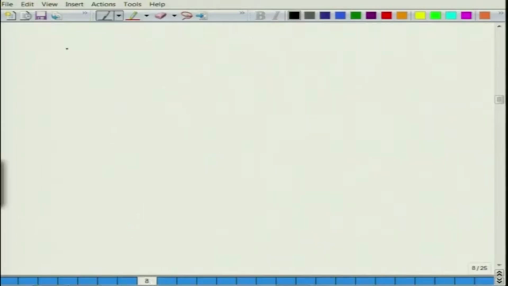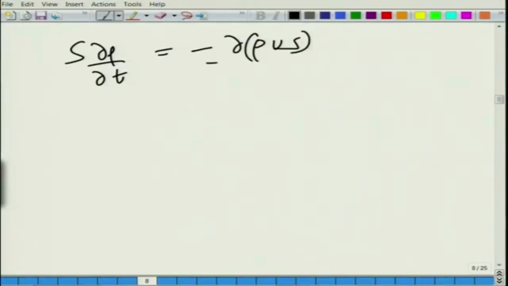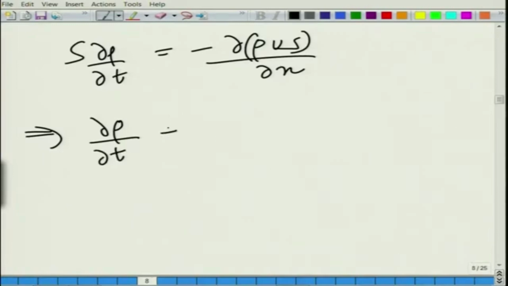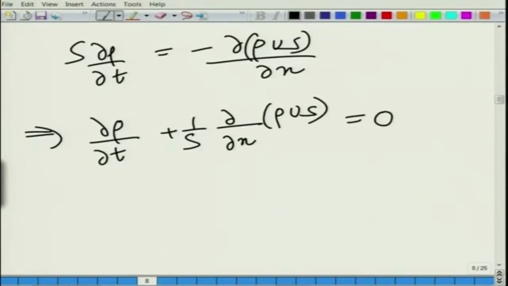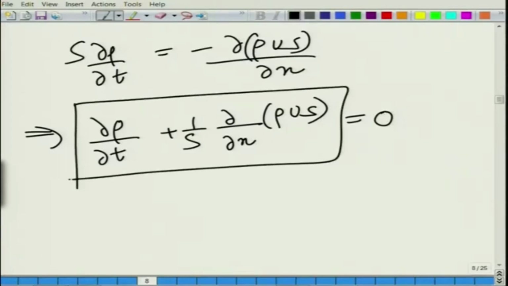So, what you get is basically S times del t of rho is equal to minus this thing, or in other words, what we can do is just rearrange a few terms here and there. This thing where S x